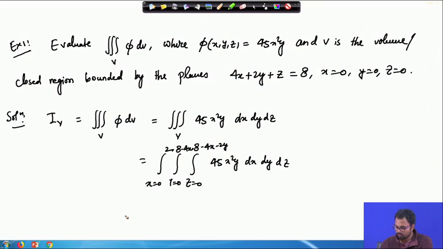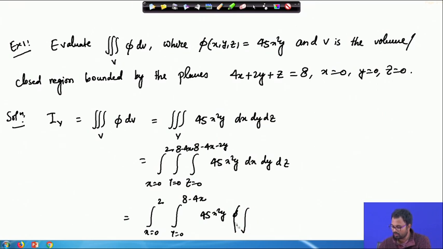So, now to integrate, first of all we integrate with respect to z. So, x is varying from 0 to 2, y is varying from 0 to 8 minus 4x, and this is 45 x square y, because the integrand is independent of z, and here z is varying from 0 to 8 minus 4x minus 2y, dz, and then we have dx dy. So, this will be dz, and at z equals 0 it is 0. So, ultimately we will obtain